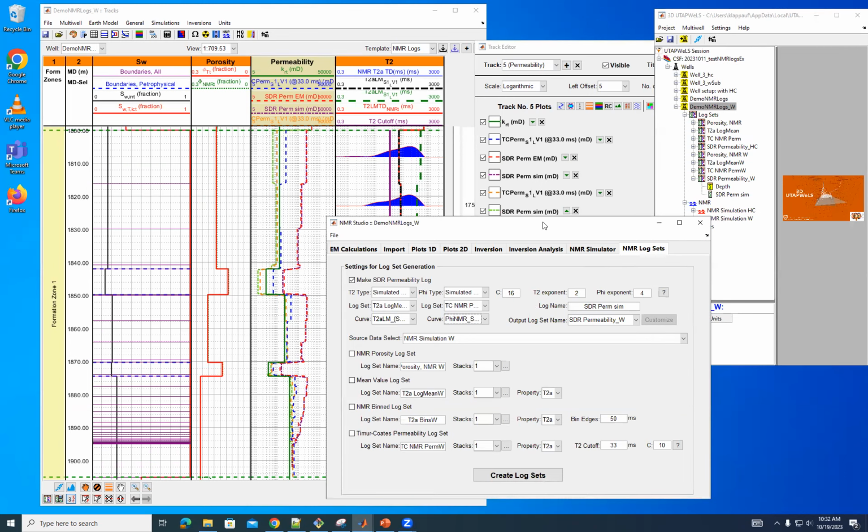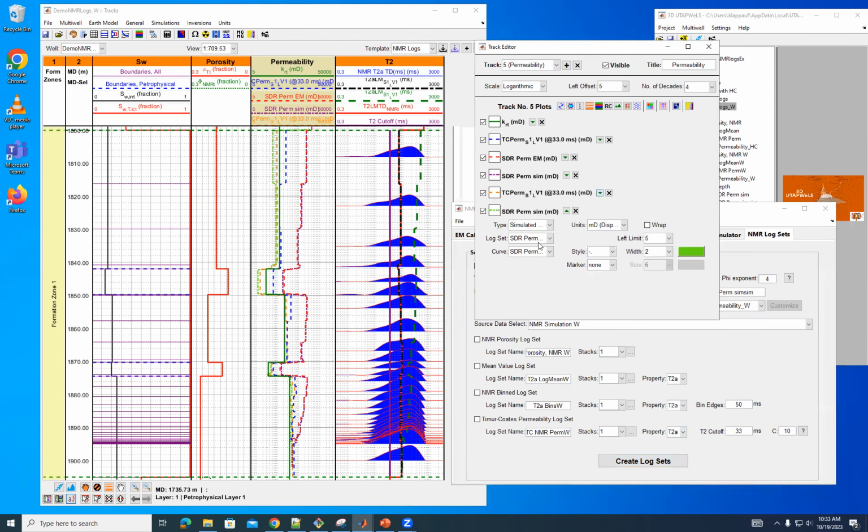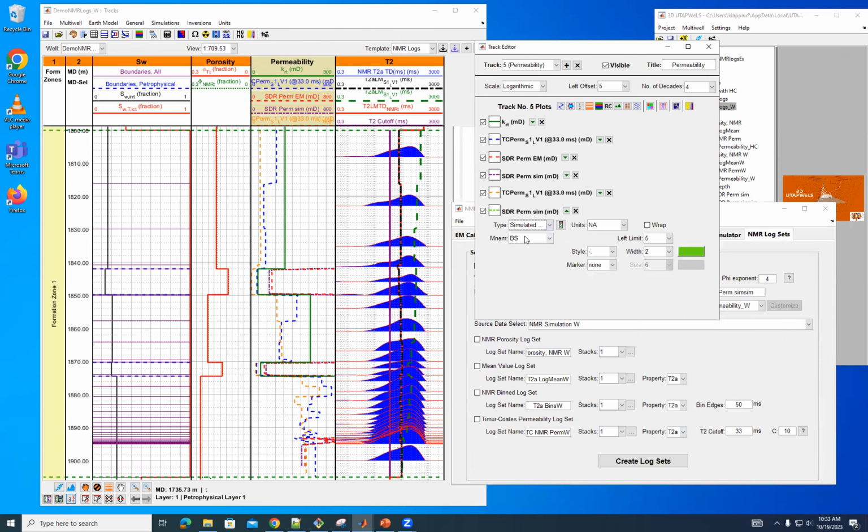I forgot to change the name for the Earth model one. I used sim, so I'm going to put sim twice. Just remember that that should be Earth model. All right, and now we'll create that log set. So now we have the sim, and if we go to simulated SDR permeability water, and now if we plot the sim,